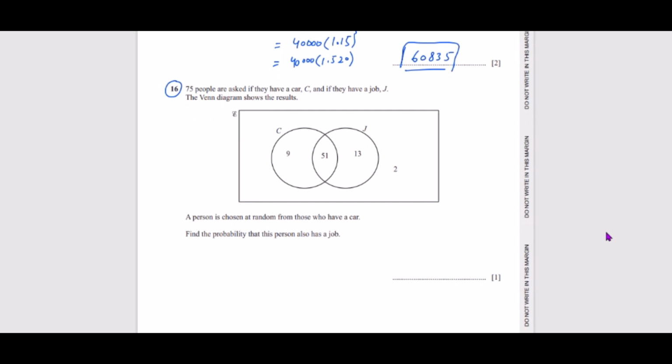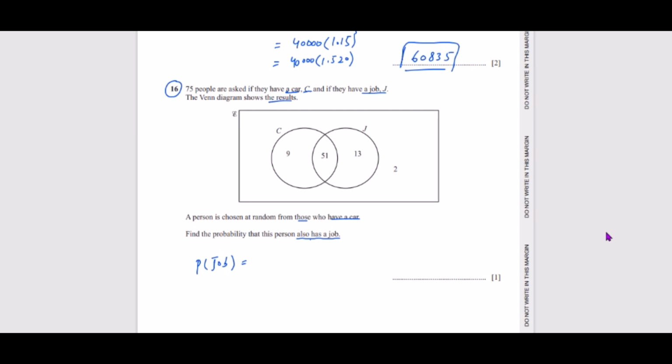Question number 16. 75 people are asked if they have a car C, and if they have a job J. The Venn diagram shows the result. A person is chosen at random. Given that they have a car, find the probability that this person also has a job. So first of all, we find the probability of job,